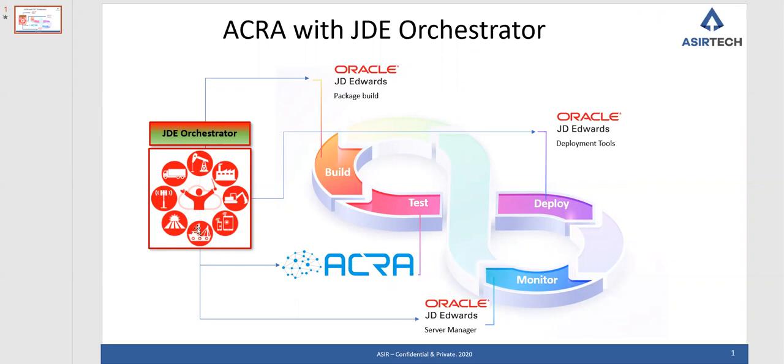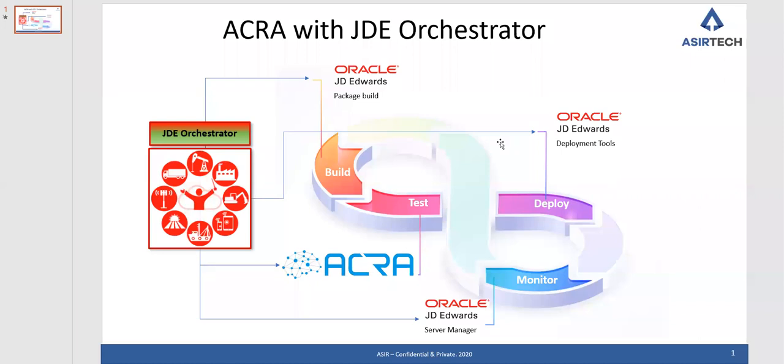Accra has been integrated with JD Orchestrator, where we have created orchestrations to trigger the test automatically when the build and deployment happens in PY environment. Let's say if user has a regression suite which holds few test sets, every time an object is deployed into PY environment, we can have orchestrator trigger Accra to do the testing automatically and post the results.